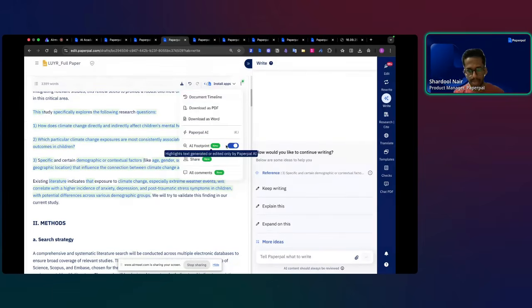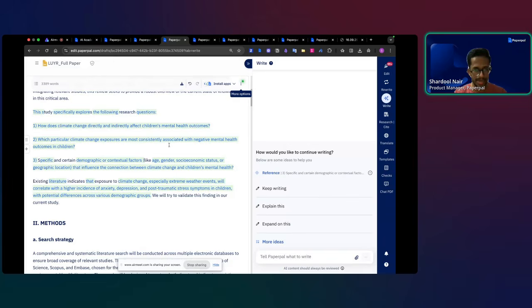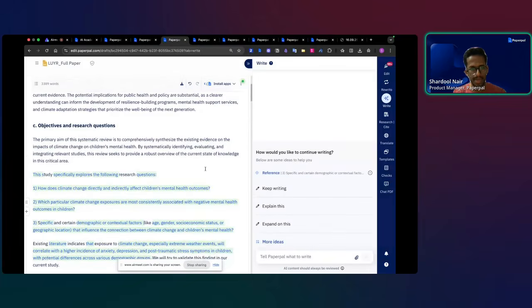And AI footprint is the first step that we have taken to providing some degree of granular control or some degree of oversight, especially when you are using Paperpal to generate an output and use that particular output. Now, that said, now I have switched on AI control. Now everything looks good. But let's say you're working collaboratively, with multiple people working on the same document,